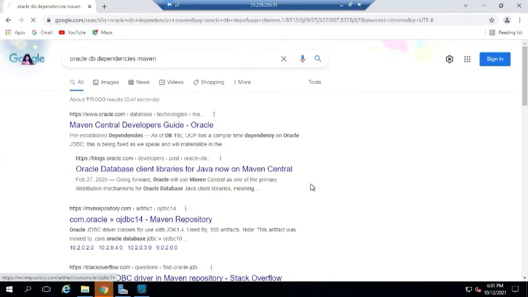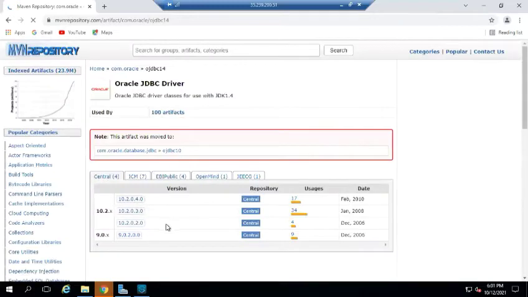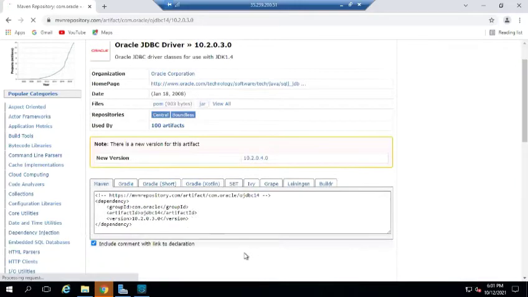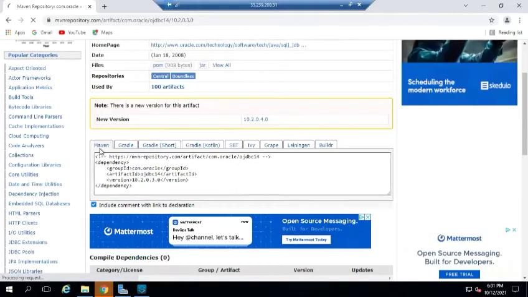You just need to go inside that, and there it asks which version you want, like 10.2.6 or which one. Let me try with this version. Okay, this version is already used by many people. See, I told you there are different structures: Maven, Gradle. Okay, this is Gradle.